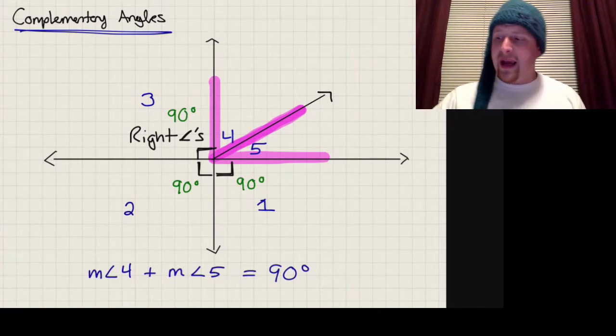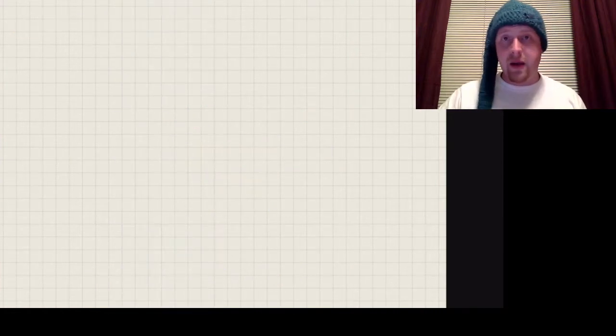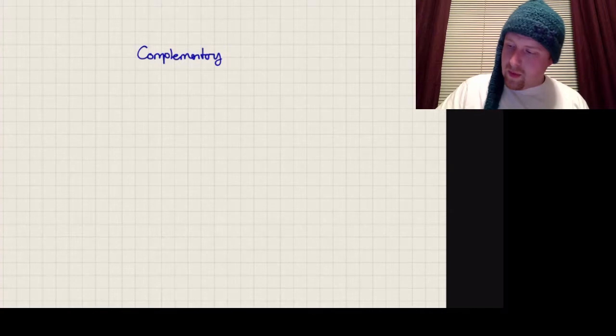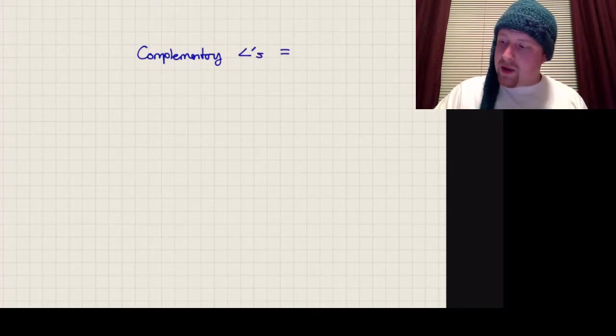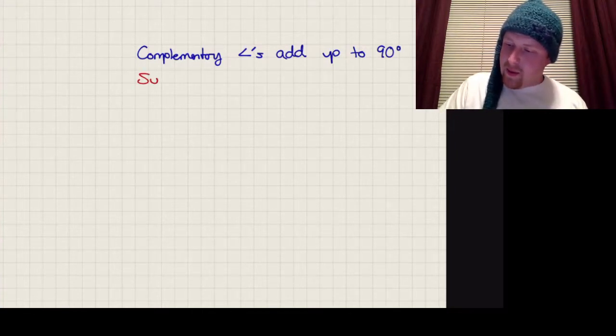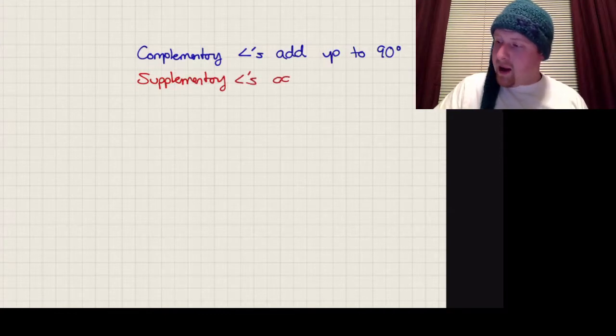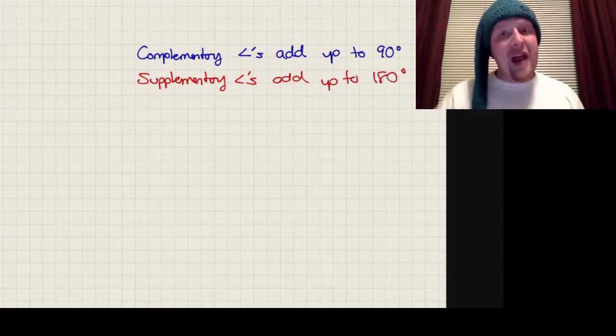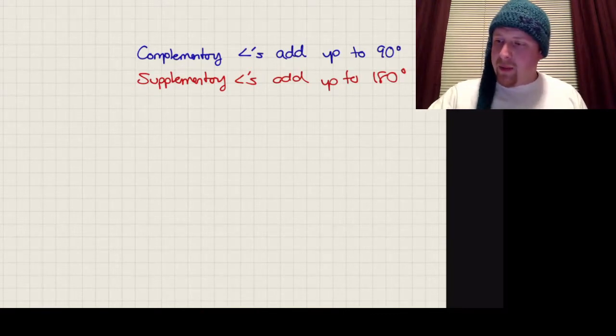Now, there's a couple easy ways to try to remember complementary and supplementary angles. Complementary angles always add up to 90 degrees. And supplementary angles add up to 180 degrees. And the way that I remember them is I remember that